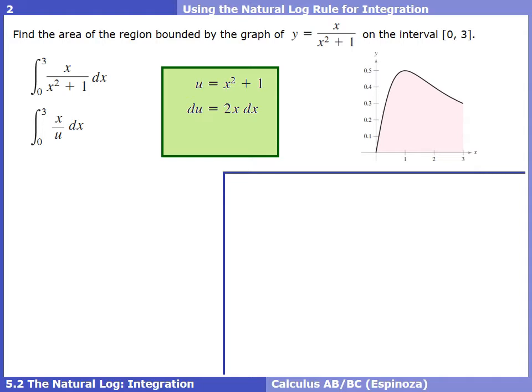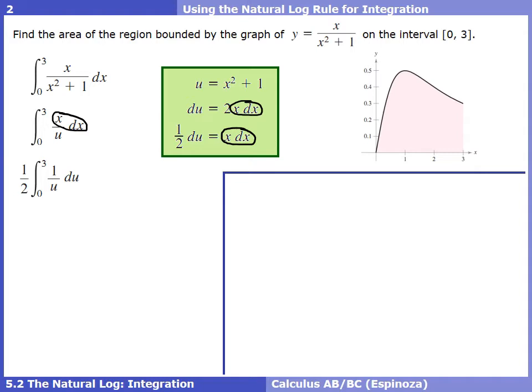The derivative of u is du, and the derivative of x squared plus 1 is 2x dx. You'll notice we have an x dx in our problem. I see an x dx right here, which is great. There's no 2 in our problem, and that's not an issue. We can just divide that 2 to the other side, and wherever we see that x dx, we'll replace it with a 1/2 du. And of course, we're just going to send that constant of a 1/2 out to the